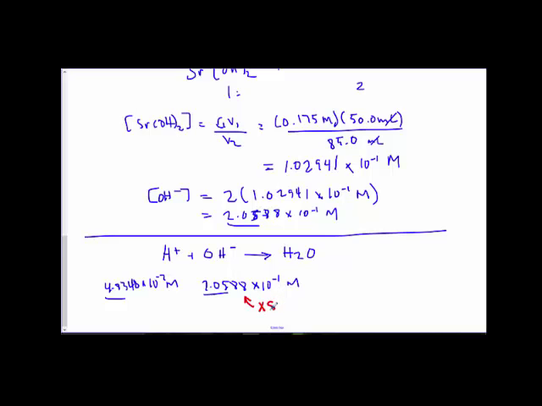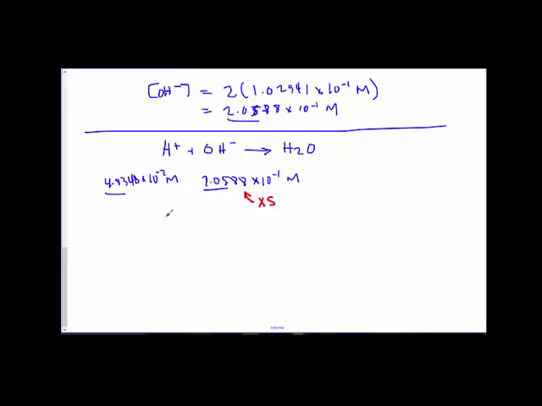So the concentration of hydroxide in excess is equal to however much OH minus I started with minus the concentration of the H plus, because an equal amount of OH minus to the initial H plus that I have will be reacted, right? So all of the H plus gets reacted with an equal amount of OH minus, and then I'm left with some leftover. So I've got the OH minus at the start, or I should say here after dilution, minus the concentration of H plus that I'm starting with after dilution, and it's going to be equal to, we've got